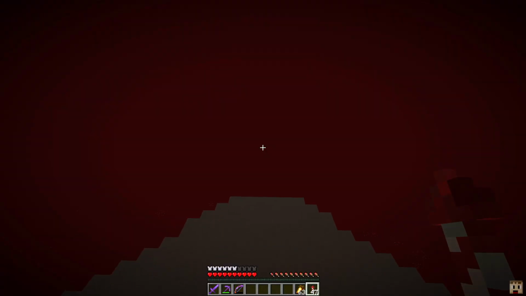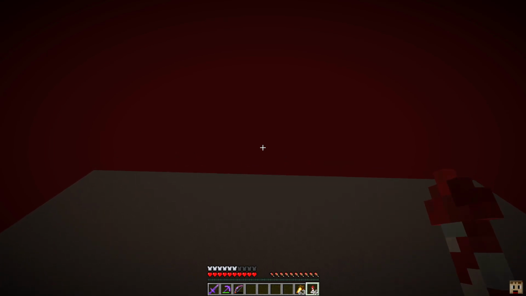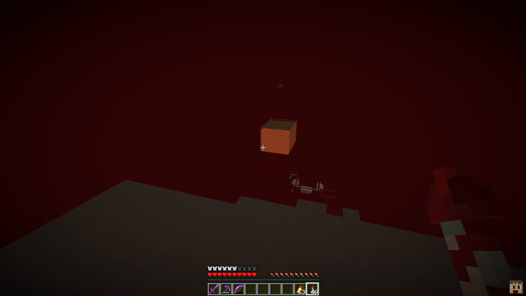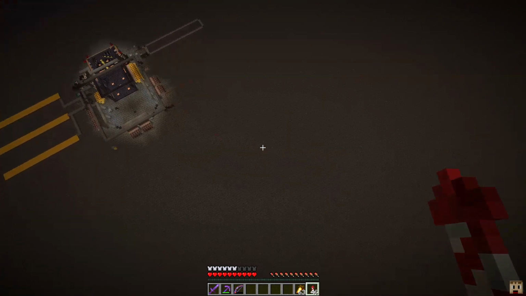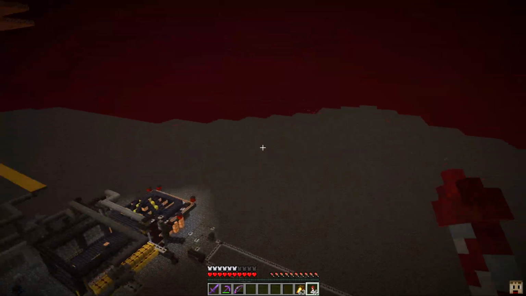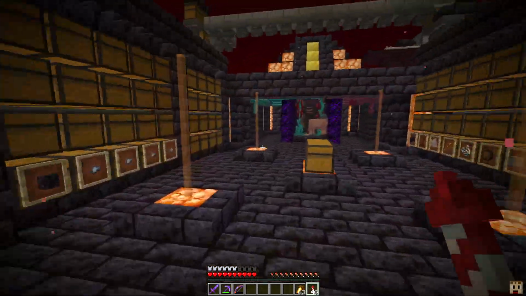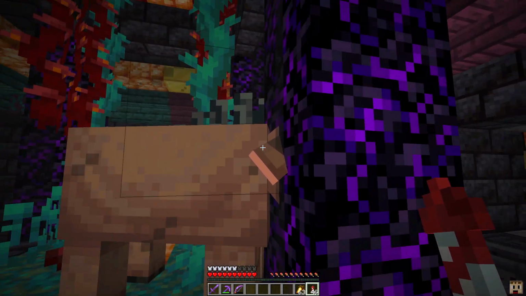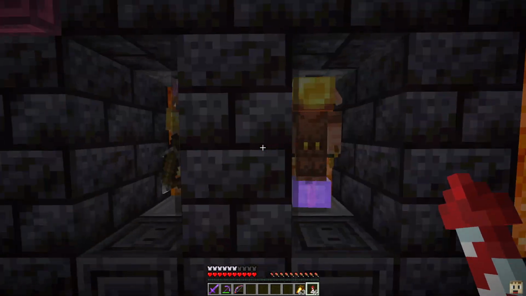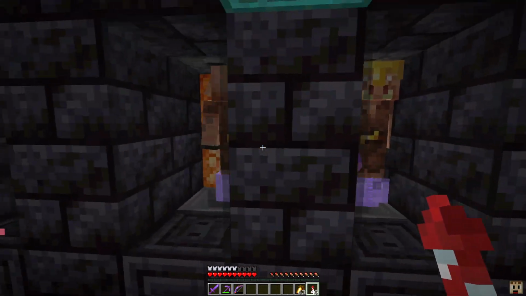We should be coming up fairly shortly on our gold farm. There it is. And our piglin bartering station right down here at the bottom. So first off, I will show you the piglin bartering station. There's a good bit of redstone that goes into this, but we do have a little decoration going on here. We've got Puma on the inside. He's just chilling out. Then we've got all of our piglins here,